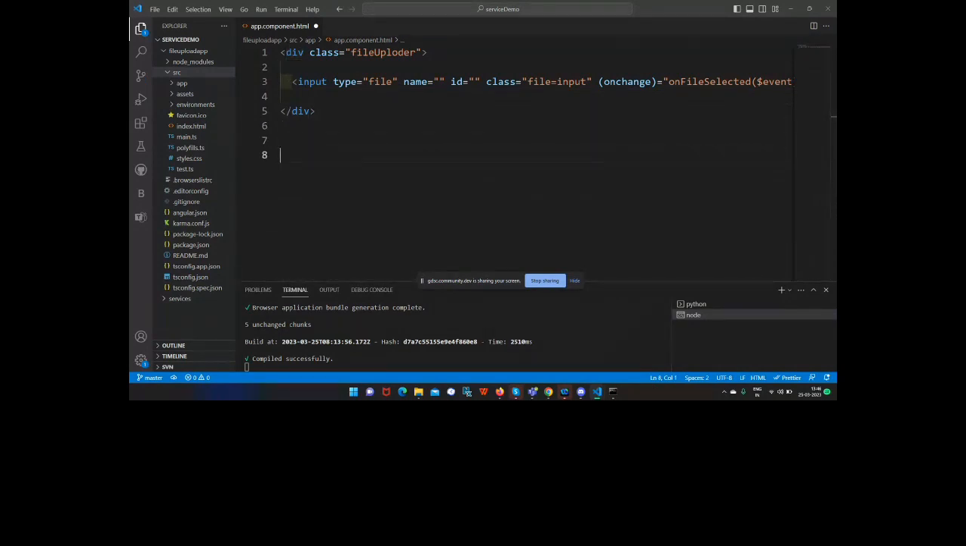Now what we will do is we will have a button or one more div called file, save file. Just save a file. Now I'm going to have a button which will do what? Which will do